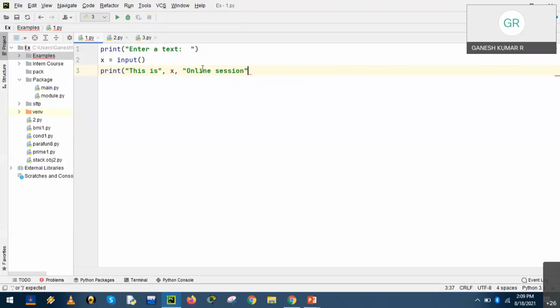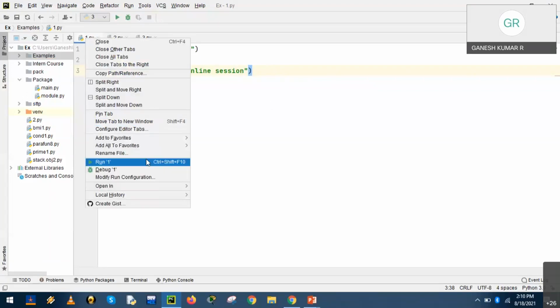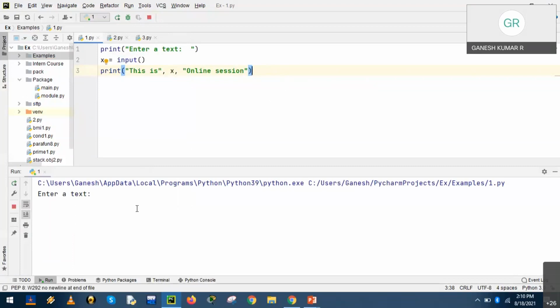Okay, so from the last level identification to the root directory, the complete path will be highlighted with the red underline. Fine. Correcting the errors, the red underline has disappeared. Run the program: select the program, right click, and click run, and we get the output. As there are no errors, we get successful execution.